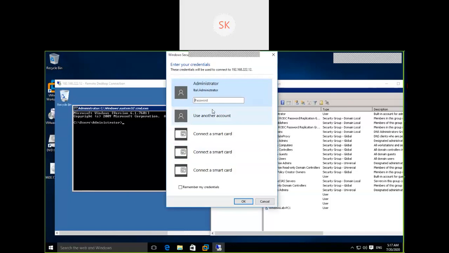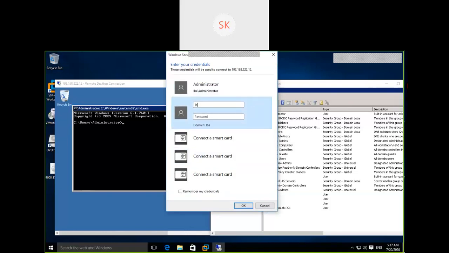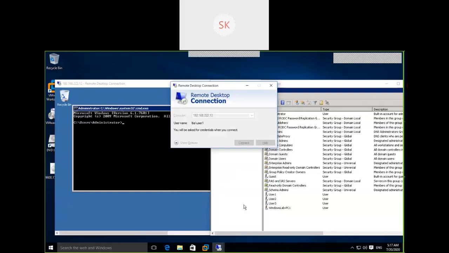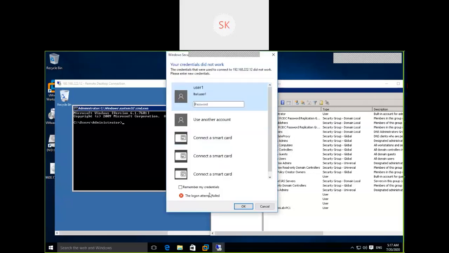User 1 is not available on the local member system. Just give a try and see. The logon attempt failed, because that particular user does not have privileges to log in to that server.